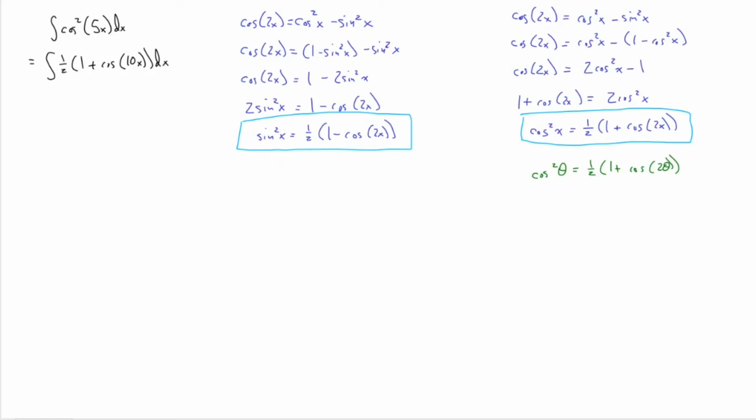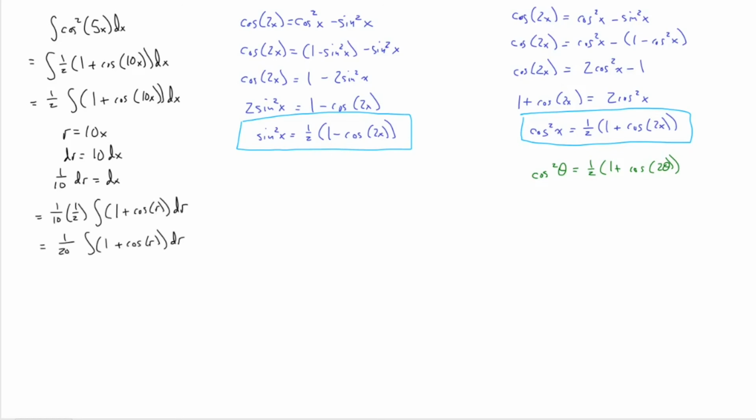We can do it by substitution. We pull the 1/2 outside of the integral, and we let r equal 10x. Since r is 10x, dr is 10 dx. We don't have a 10 dx, but we do have a dx. So we can divide both sides by 10 and get that 1/10 dr is equal to dx. This lets us rewrite the original integral in terms of the new variable r. The cosine 10x becomes a cosine of r, the 1 stays a 1, and the dx becomes a 1/10 dr, and we can pull the 1/10 outside of the integral because it's a